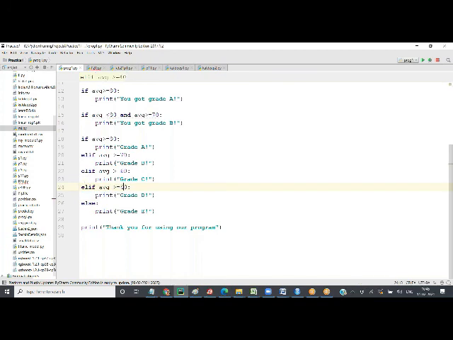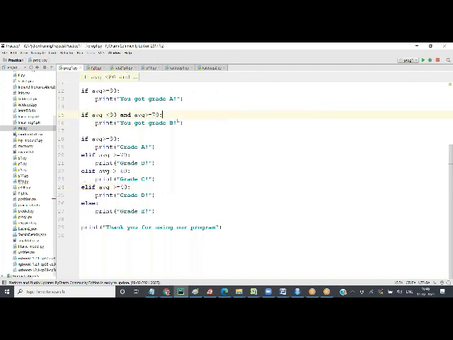Between 40 and 60 you get grade D. Anything less than 40 goes to grade E, the else. So in this case, only one condition will be executed, whichever matches first. The rest of the conditions will not be called. That's why we have to take care of the upper condition.